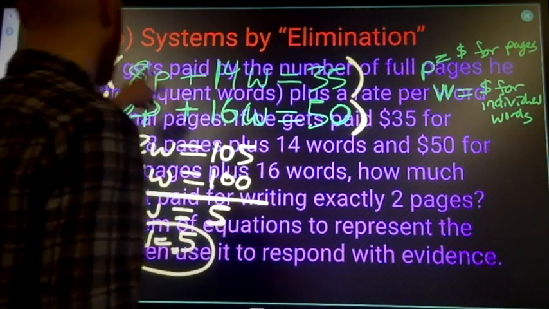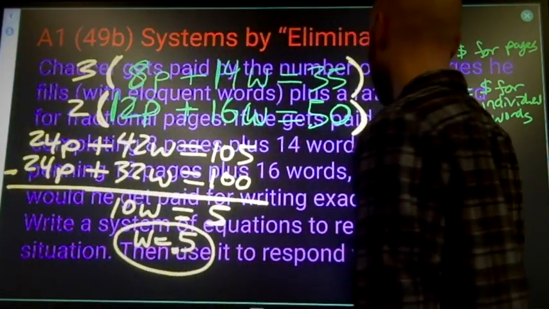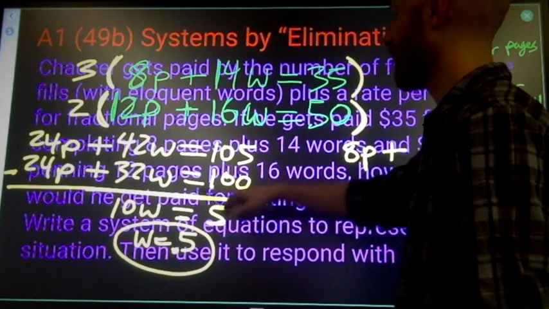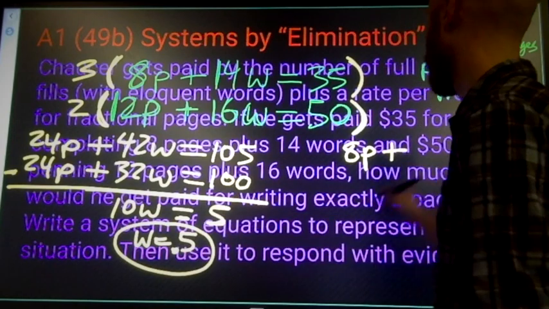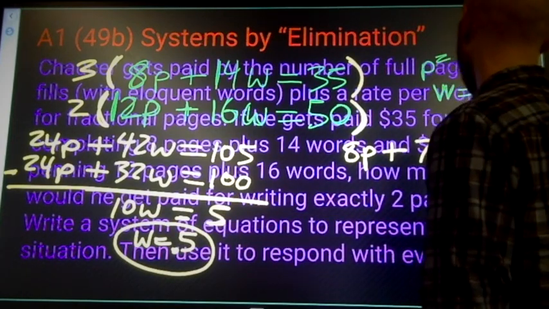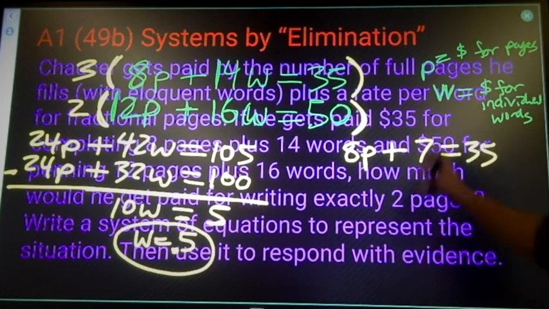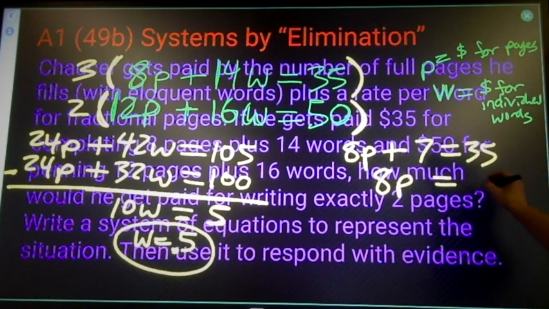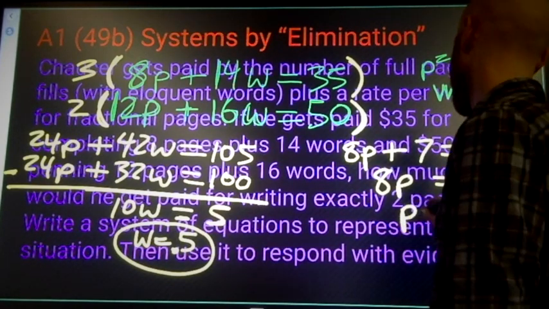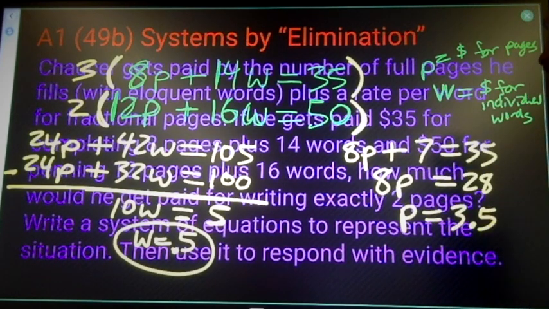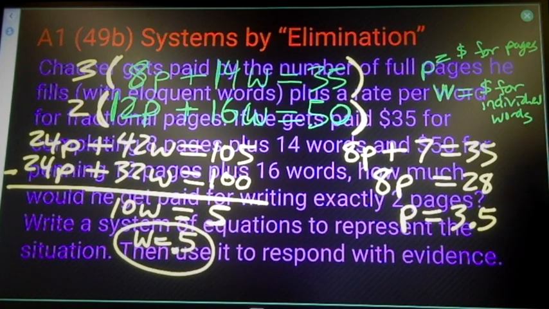So let's say the top one, 8 P's plus 14 W's. That's 14 times 1/2. So we'll call it a 7. Equals 35. Subtract 7 on both sides. 8 P's equals 28. Divide by 8 on both sides. P equals 3.5. All right, and that will mean I'm getting paid